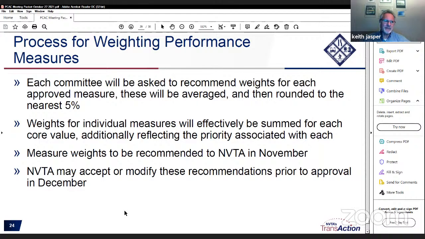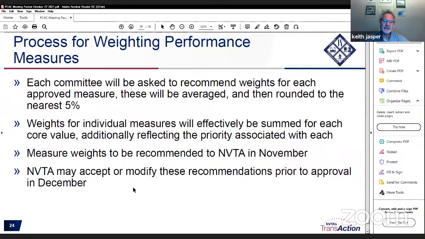So we'll be asking each of you in a committee format to make your own personal decisions and then combine for the committee what you think is the appropriate allocation of the 100 points in aggregate. Then we'll do the same thing with the technical advisory committee and the planning and programming committee, and then combine all three committees' results to get an aggregate